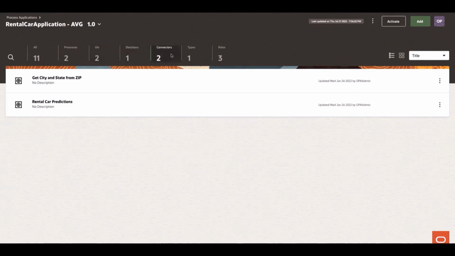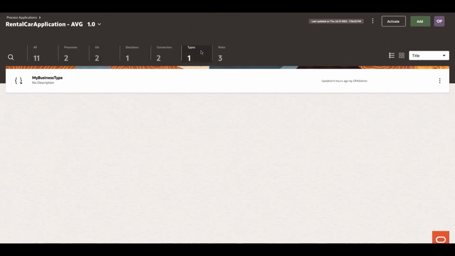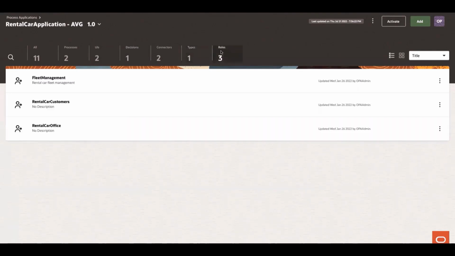For connectivity, we offer REST-based integrations as well as interface through Oracle integration, where you would be able to integrate with various SaaS applications, various technical endpoints. In this case, we have REST-based integrations for a couple of endpoints, and we will see that as part of the demonstration. We also offer the ability for users to create business types, and everything in process is managed and